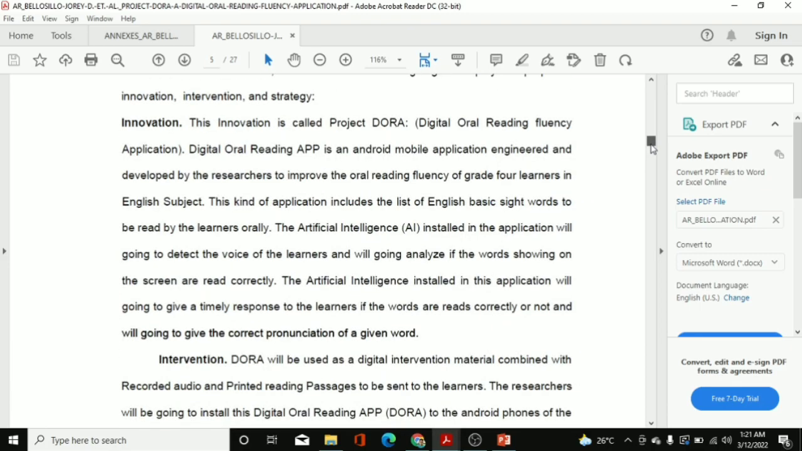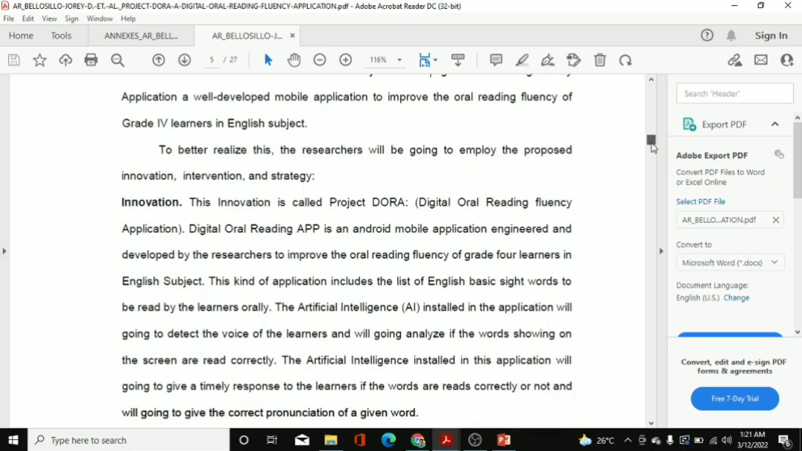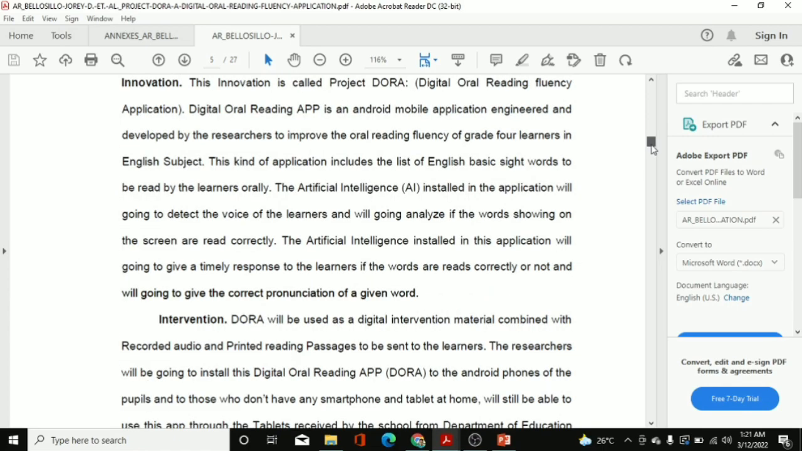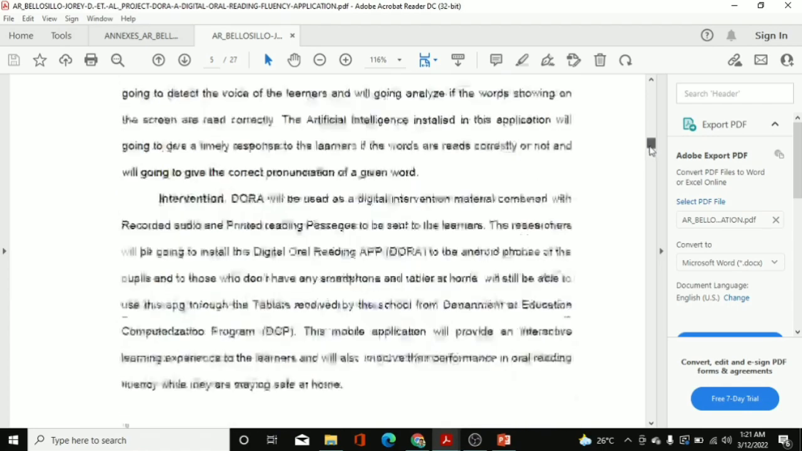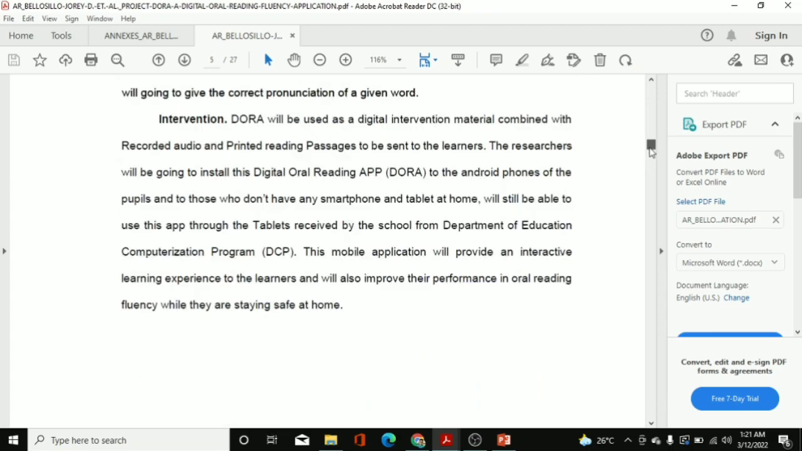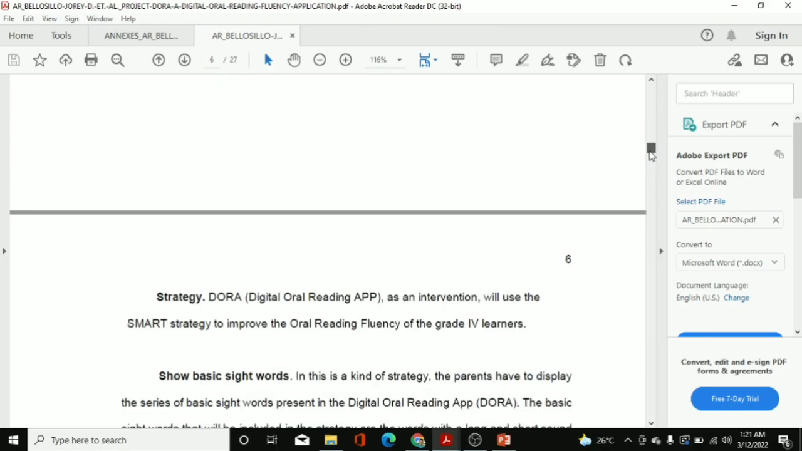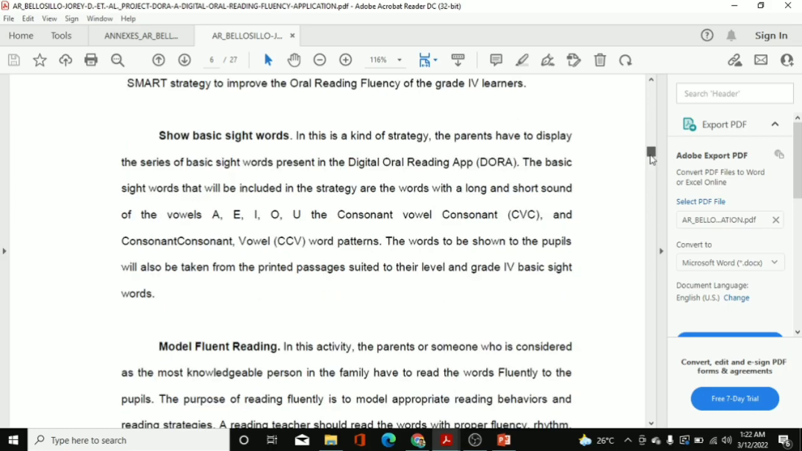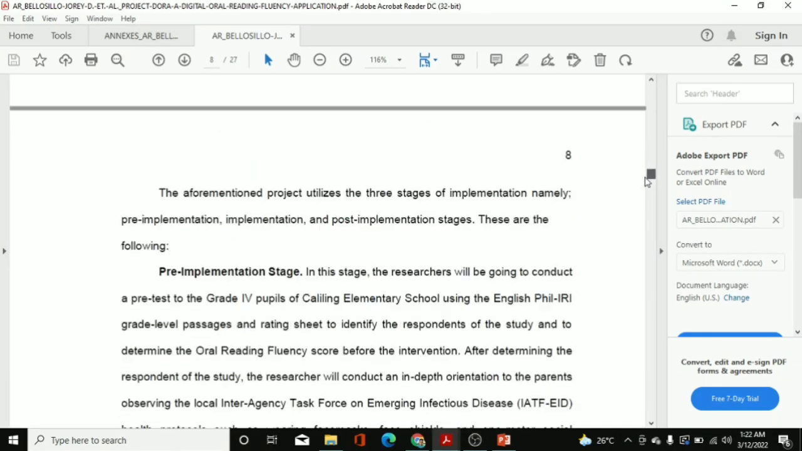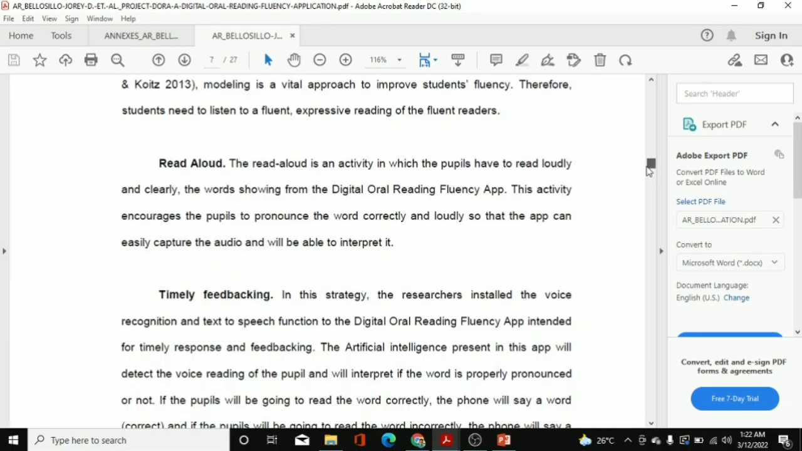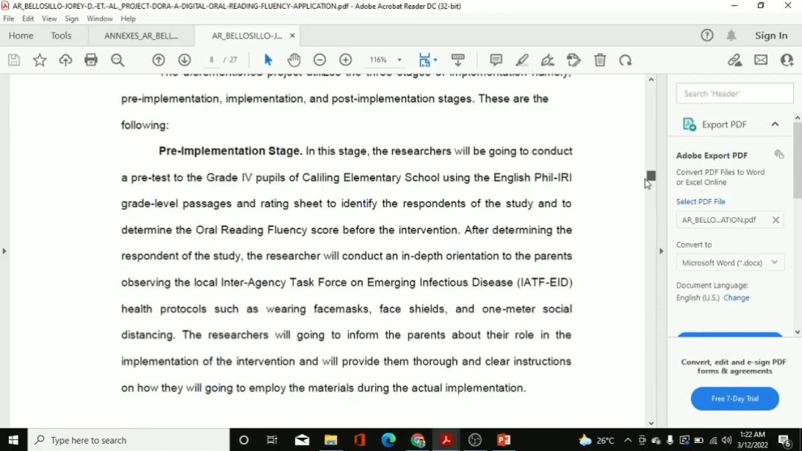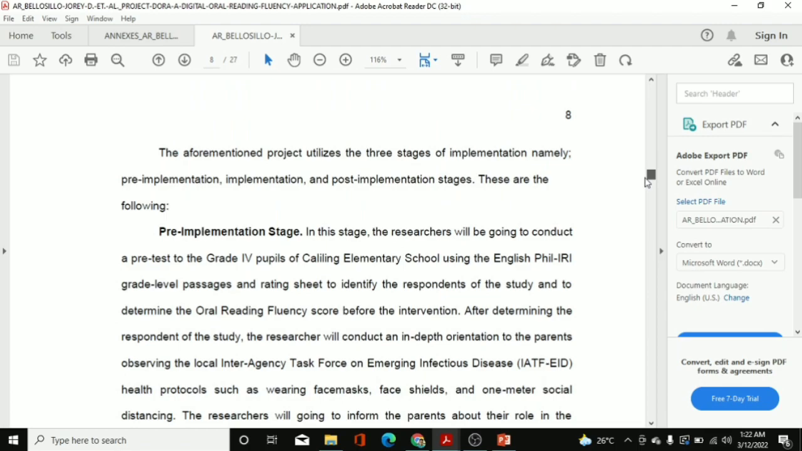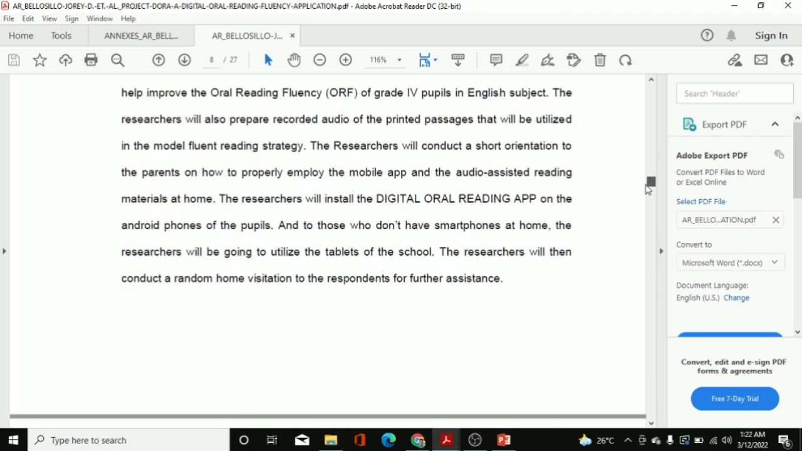Then you have to discuss right here, for example in my research, I have an innovation, which is a digital oral reading fluency application, and I still have an intervention. Okay, this is an intervention material or strategic intervention material, and I have another strategy, which is the SMART strategy. All right, and you have to discuss right here the implementation of your proposed innovation, intervention, and strategy,